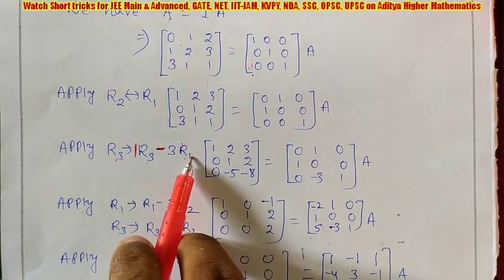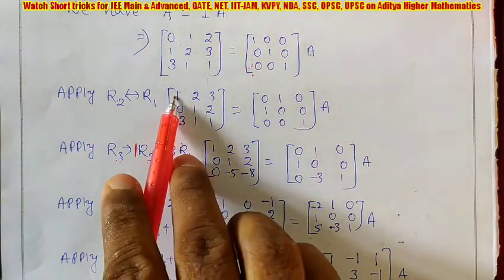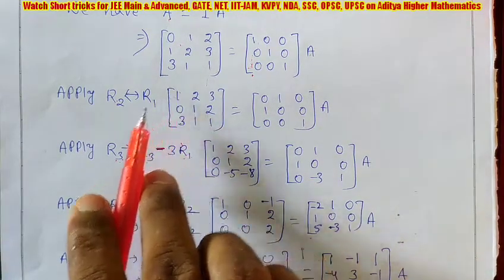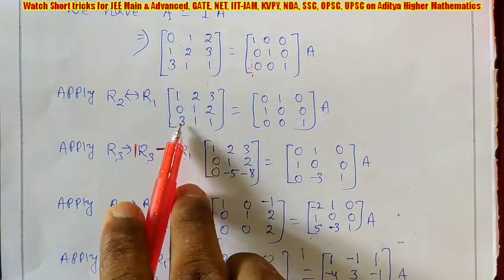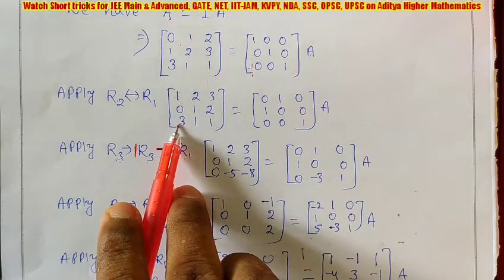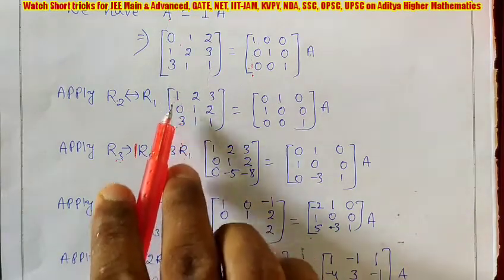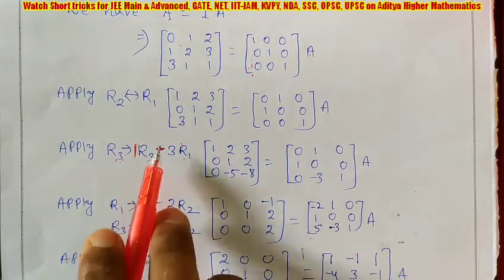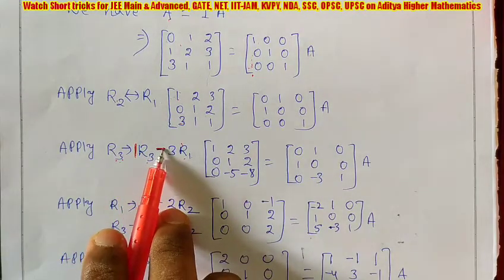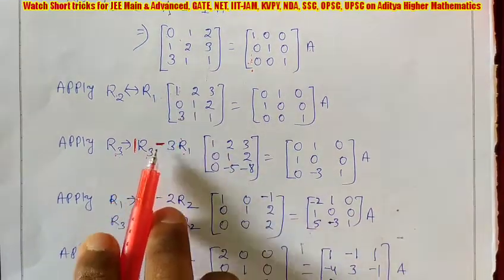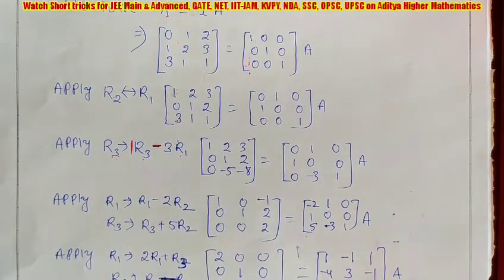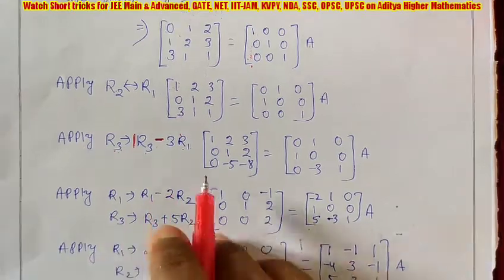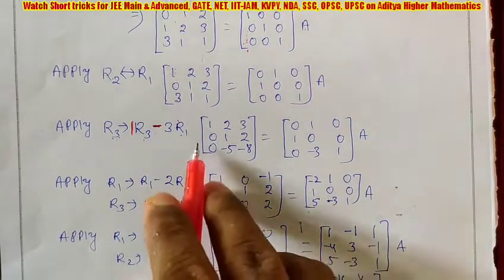R3, R1 I am using. R1 sign is positive because it is plus 1, and R3 element is plus 3. That means it is also positive. Both are positive, that means both sign is same. If both have same sign, use negative minus in the middle. If both have opposite sign, use positive. So this is the procedure, and I have explained it in my 2x2 matrix video. You can watch this. Now use this here.